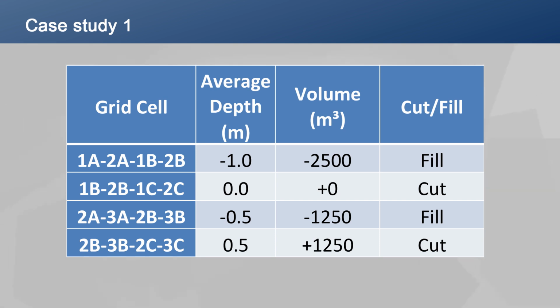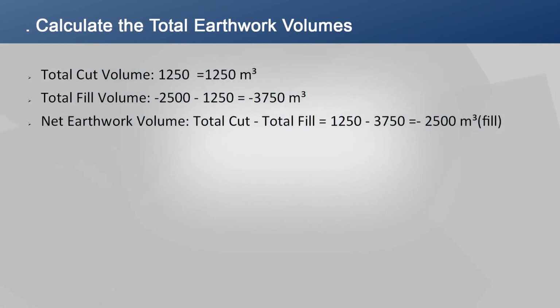For grid number 2, average depth of cut or fill is 0. So, volume of earthwork required will also be 0. For grid number 3, average depth of cut or fill is minus 0.5 and the volume required is minus 1250 cubic meter. Again minus denotes fill quantity. Next grid is grid number 4, average depth is 0.5 meter plus, means cutting, volume is 1250 cubic meter in cutting. So, we can calculate total cutting volume as